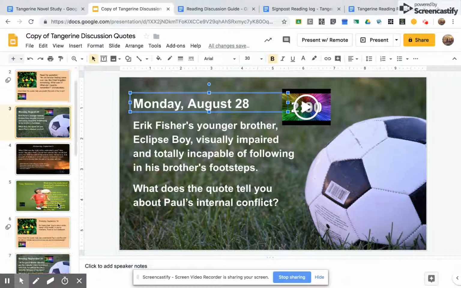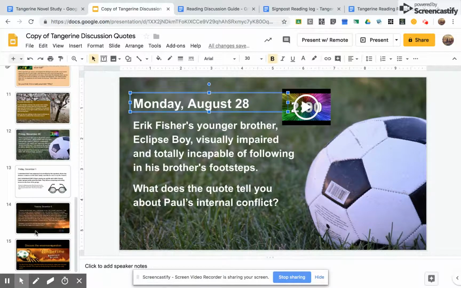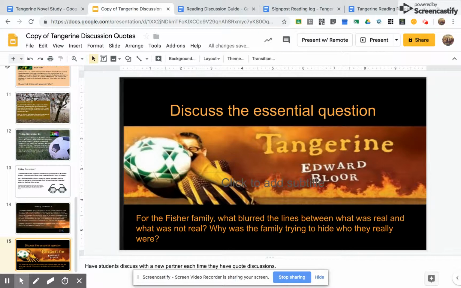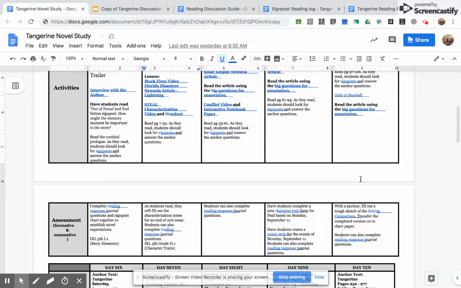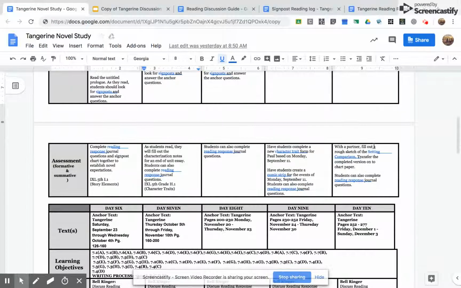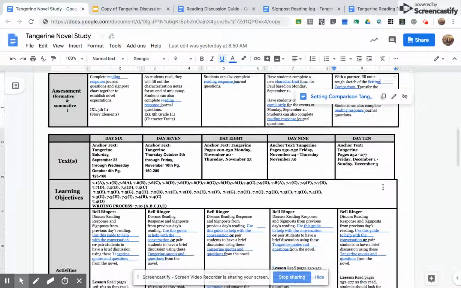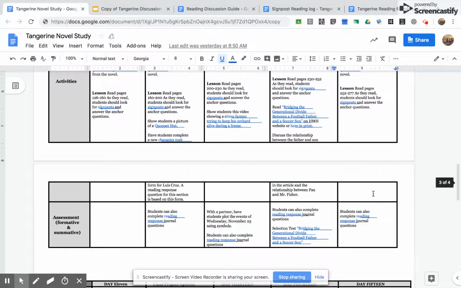There are about, let's see, 15 or 14 quotes. And the last one, after you read the novel, is to discuss the essential question. This essential question comes from the book. So for the rest of the unit, there are lessons on some of the background information. There are some Newsela articles to bring in some of that nonfiction that we always want to hit on. Down here, there's a small, kind of mid-unit project on setting comparison, and all the directions for that. And then at the end of the unit,